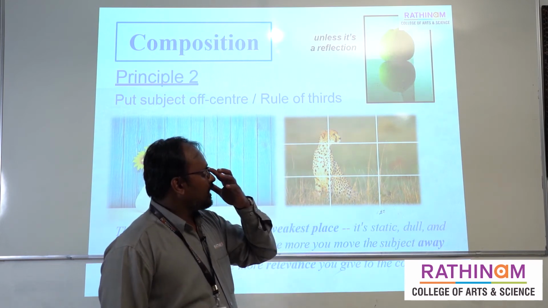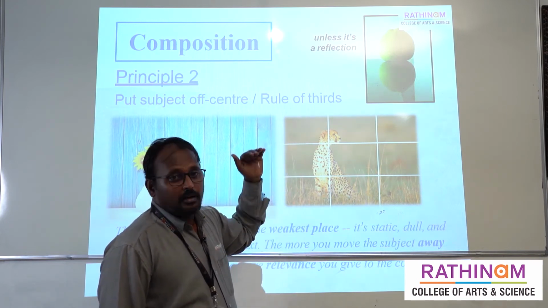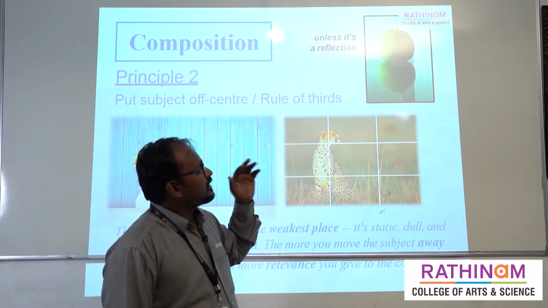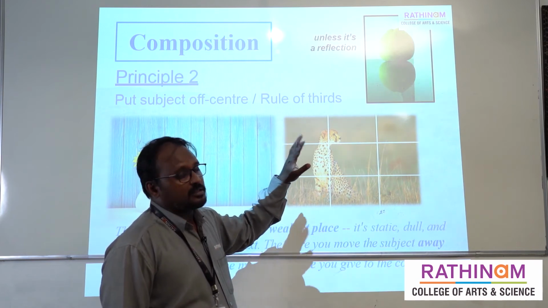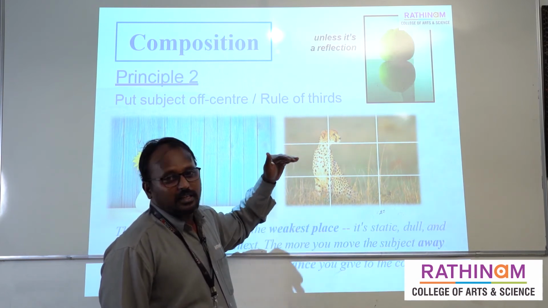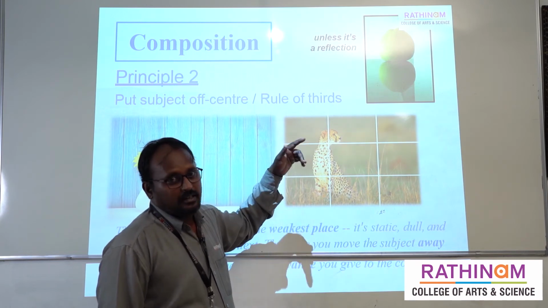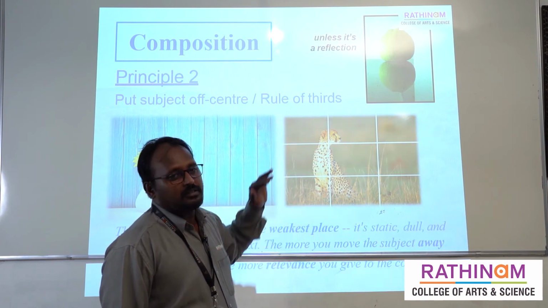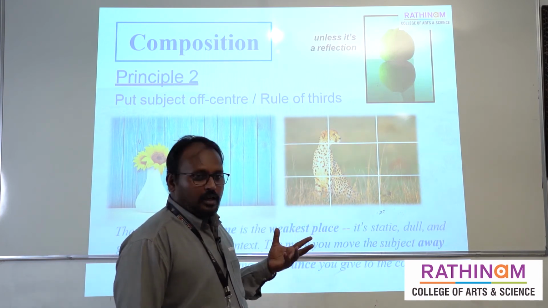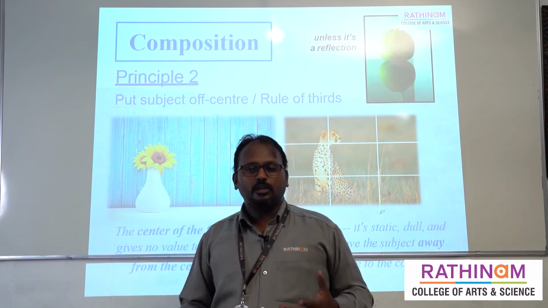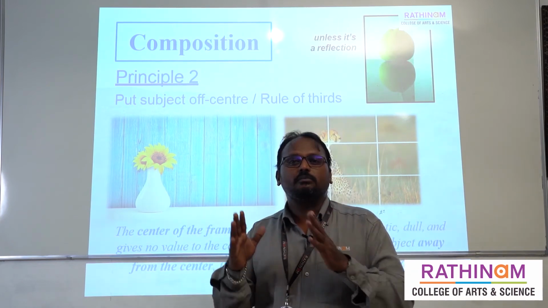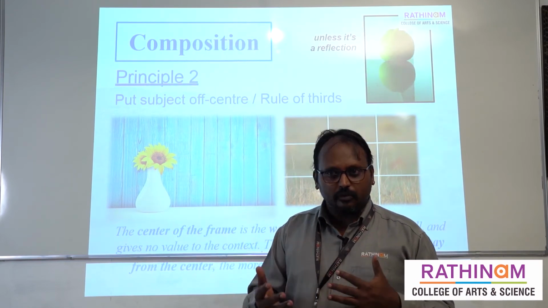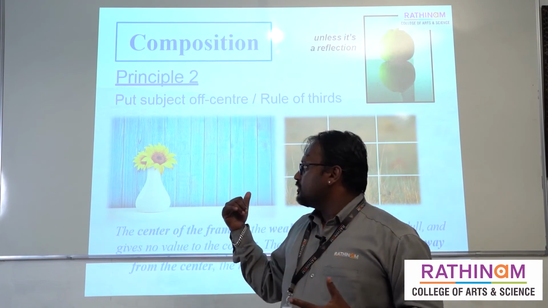In the top photograph, the subject is in the middle. Why we kept that image in the center is, in some photographs we can keep the image in the center by showing something or some message. There is a glass, it is reflecting both top and the end. So we kept the image in the center. So according to this, before we take a photograph, we want to compose where we want to keep the subject and where we want to keep the background. That we want to decide before taking the photograph. So this makes sense.